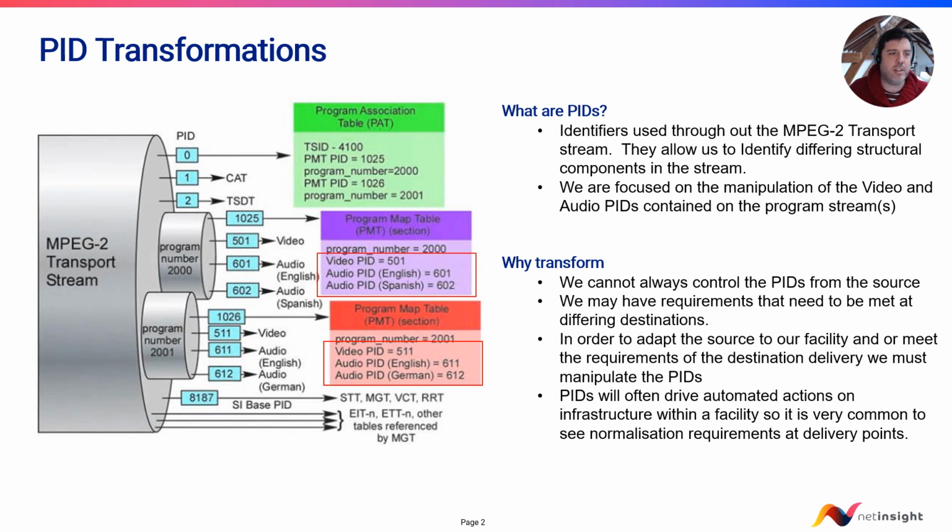A transport stream has lots of structural properties that enable it to make associations between the bits of media that are being carried, the timing information, and various other important constructions. PIDs are identifiers that are used throughout the MPEG-2 transport stream to allow us to identify differing structural components in the system. For us, we're focused on the video and audio PIDs that are contained within the program